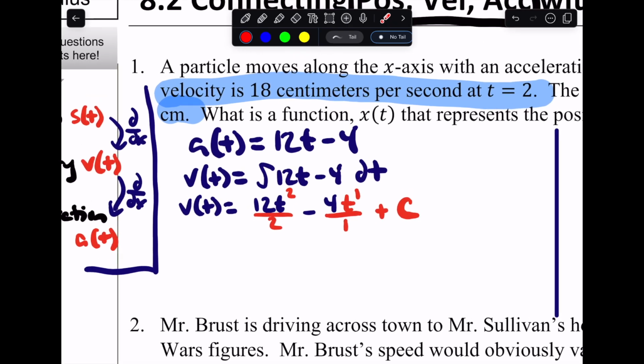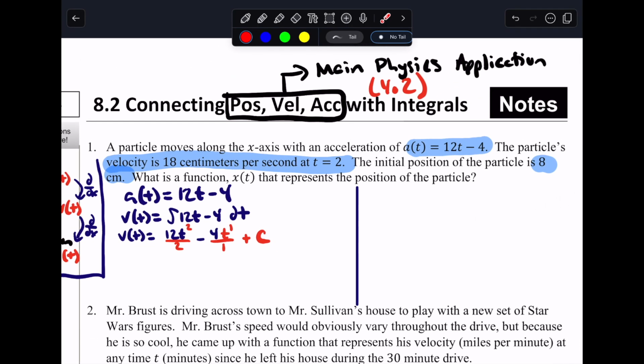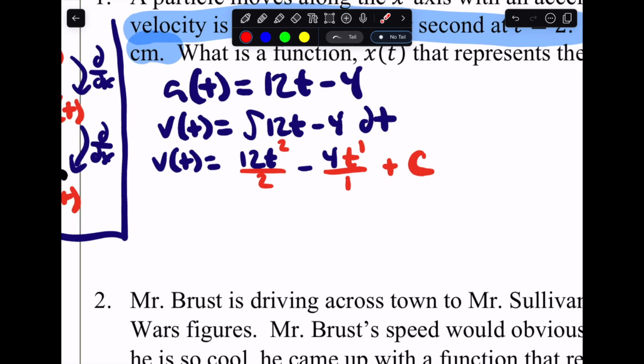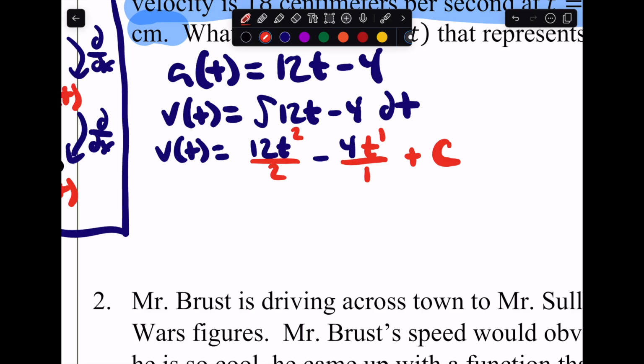And in order to find that, we're going to use essentially the initial information they gave us. They told us that the particle's velocity is 18 centimeters per second at t equals 2. So this is going to allow me here to solve for that c value for the velocity function. And in order to do that, first I'm going to simplify some of the information that we've got here. We've got that v of t is going to be equal to that 12 divided by 2 is going to give me 6t squared. And then I've got, looks like minus 4t plus whatever my c is for this velocity